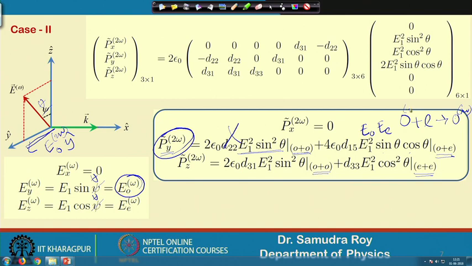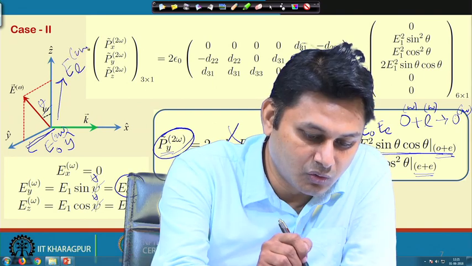This is omega of ordinary wave, this is omega of ordinary wave, it is going to generate an ordinary wave of 2 omega. This is a type 2 kind of phase matching. So, type 2 kind of phase matching is here. What about P z? 2 ordinary waves, P z will generate an electric field along this direction. This is the direction of the extraordinary wave which is generating 2 omega.